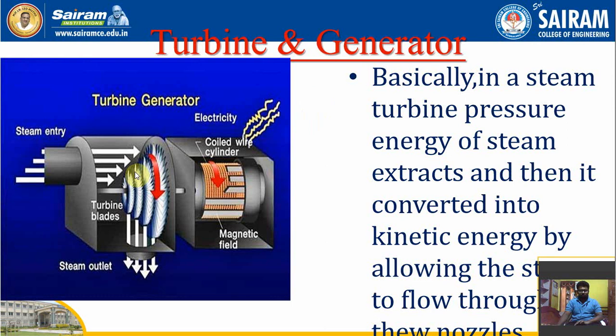Now the turbine generator. This is basically common for all the three to generate electricity. All the three types of geothermal power plants use the same turbine. What happens here is the steam energy comes through here, and the turbine is rotated at very high speed. So the changing magnetic field and the coil come in contact with each other, and the electricity is generated. Basically, this is the principle of conversion of pressure energy into kinetic energy.